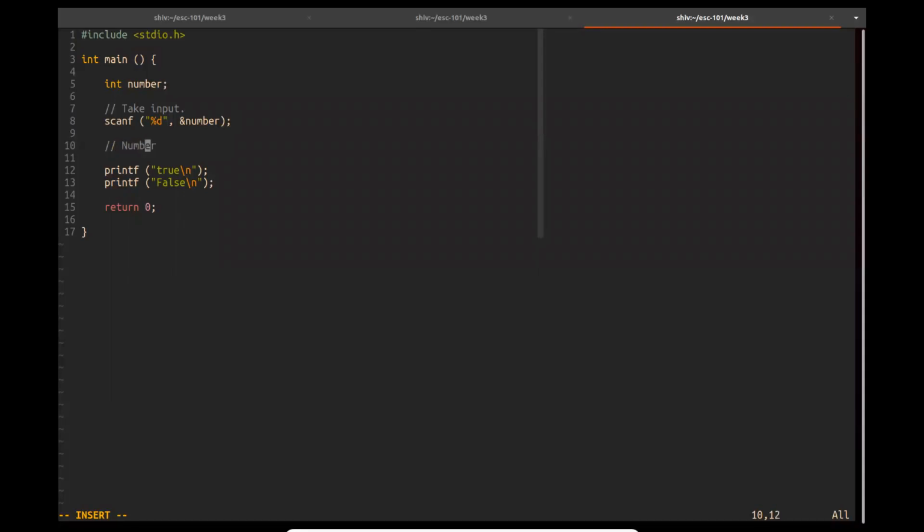This is an integer number. So you want to convert this integer number to binary. How will you do it? So there is this while loop construct. The while loop looks like this. So there is this condition,